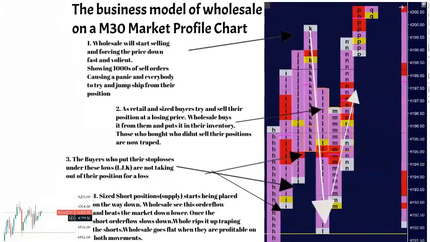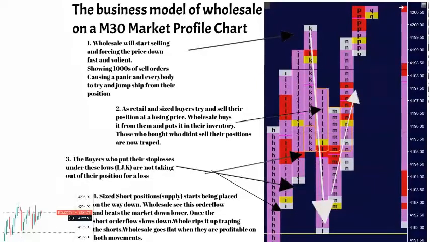And on the way up, when the buyers bought from the wholesale, right, they put their stop losses in places, and most retail traders put their stop losses under lows, right? So the buyers who put their stop losses under these lows, the I, the J, and the K, are now taken out of the positions for a loss, right? And then size shorts